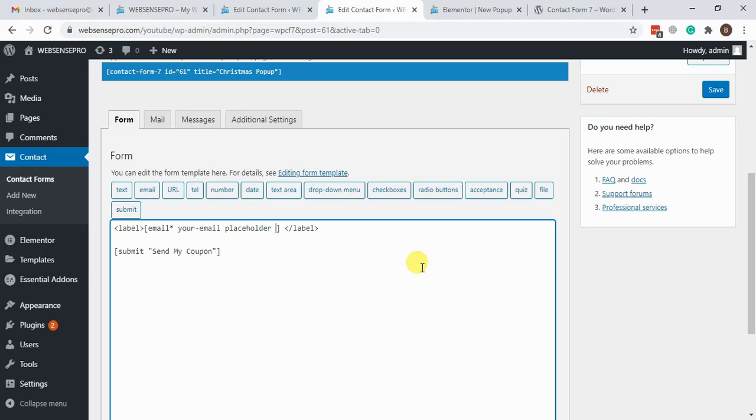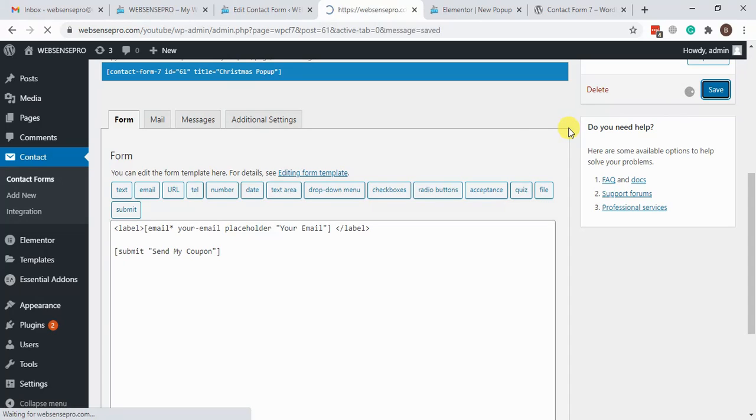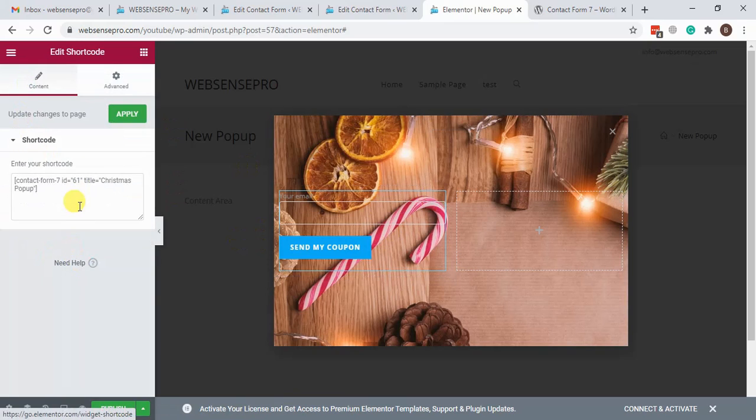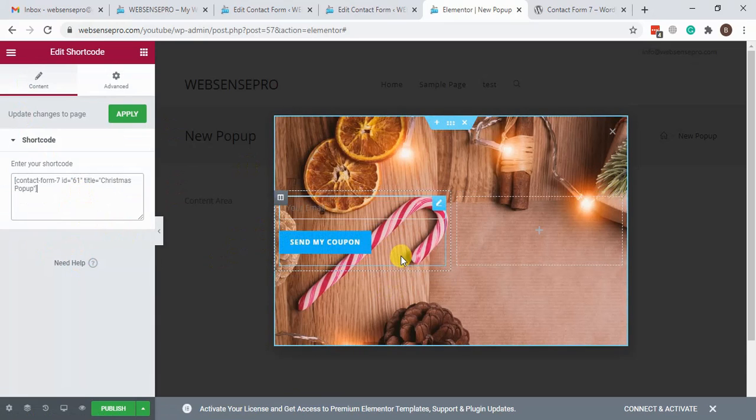Adding the placeholder, your email, and hit save. And so I'm just gonna remove and add back the shortcode to see the changes. There we go. As you can see, the placeholder is showing up now, not the label, but now we need